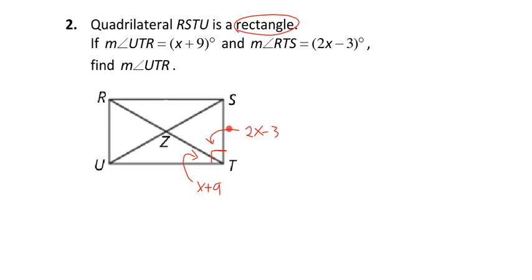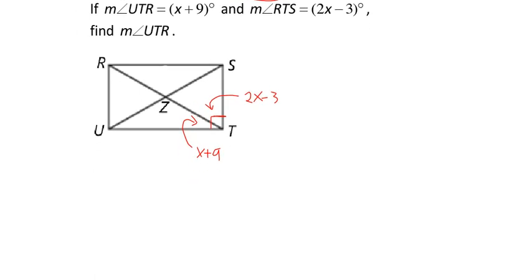The sum of these two measurements are equal to 90 degrees. So this would be the measure of angle UTR plus the measure of angle RTS is equal to 90 degrees,